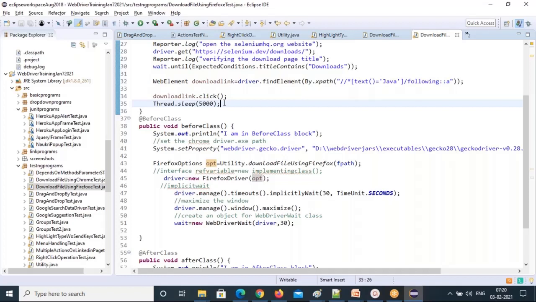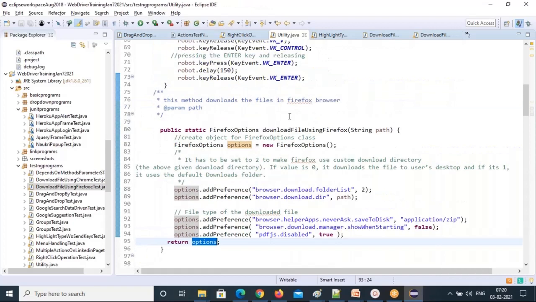If you want to delete, you can delete that also. You can write one more method to delete that file in the particular directory. This all file dot delete, the file is there, you can delete that file. This is how to download files. And one more last topic, we have 10 minutes, we'll finish this.